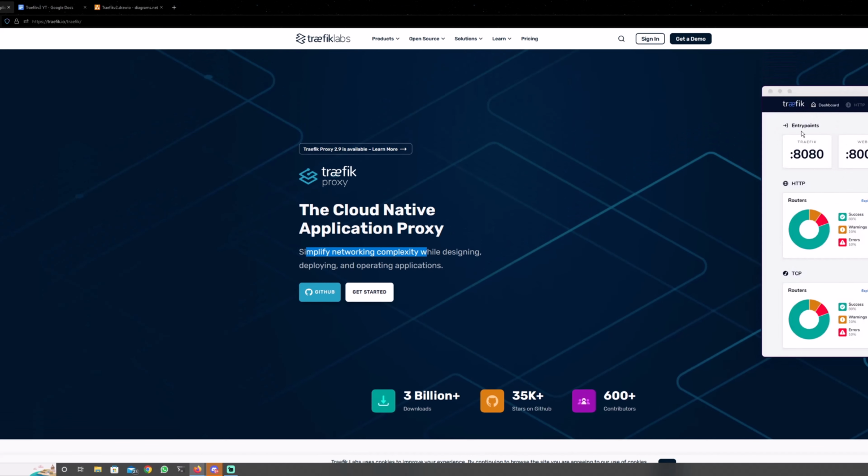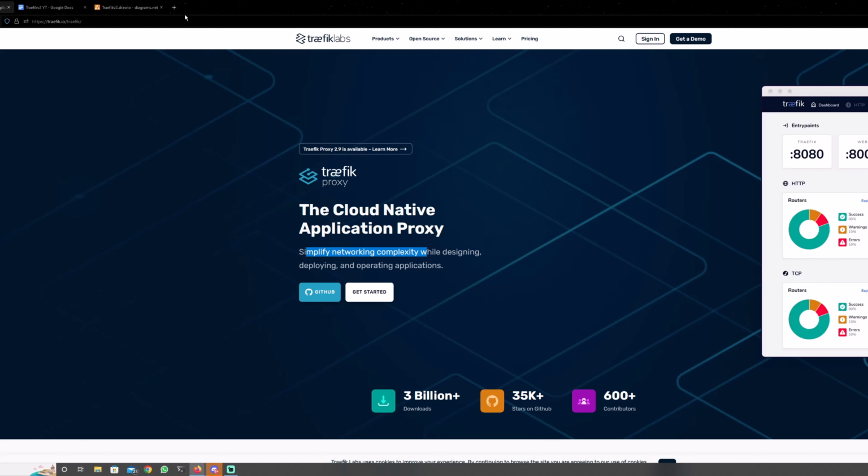As you can see here, we have got some entry points. Entry points mean whenever a new request is sent to this proxy, what would be the gateway? So could it be port 80, which is HTTP, or port 443, which is not listed here, but it could be the HTTPS, as we all know, encrypted, or port 8080, which is to access this dashboard, which is an entry point. This would all make more sense as we go along, but this is a major upgrade from Traefik